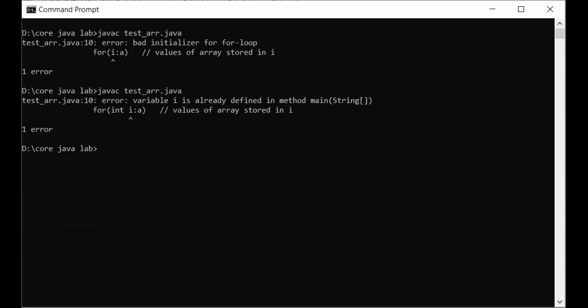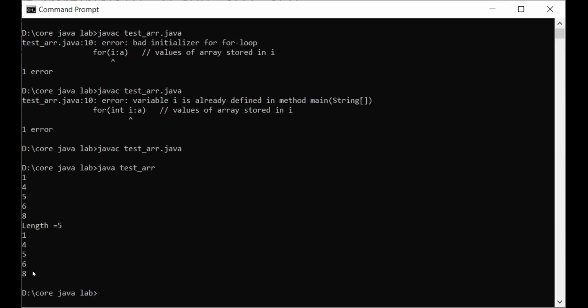Okay, तो already define है variable I, तो इसे j कर देते हैं. We'll use j here. I already हम use कर चुके हैं, तो you cannot reuse I for each loop. तो compile किया. Now it is compiled. Now let's try to run it.